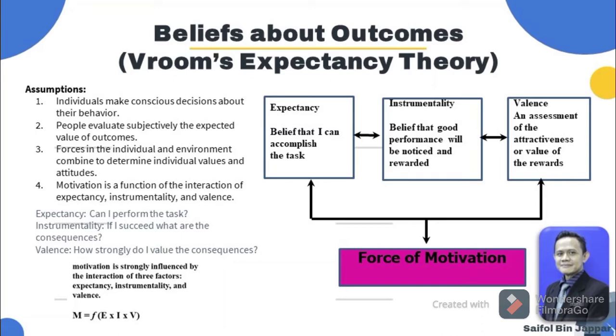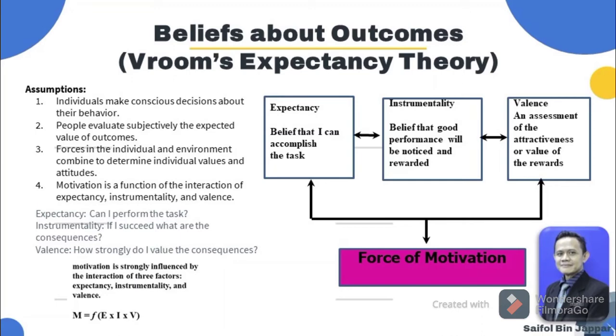The first is expectancy. Expectancy is the extent to which an individual believes that hard work will lead to improvement. The second is instrumentality. Good performance will be noticed and rewarded. Instrumentality is high when individuals perceive a strong association between performance and being rewarded. The third is valence. Valence is the perceived value or attractiveness of a reward. The concept of valence is similar to the concept of values, that is, what people consider or believe beneficial to their welfare or important in its own right.